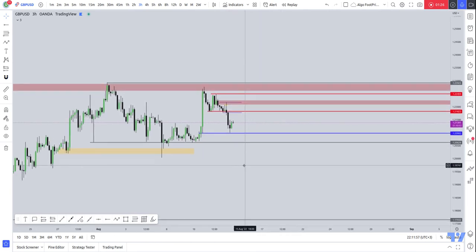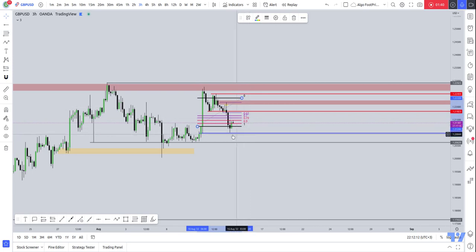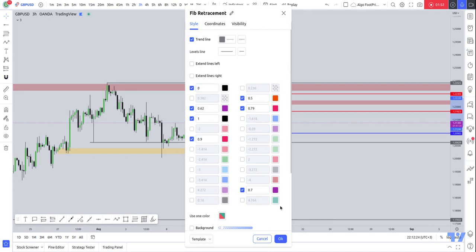On the 3 hour time frame, we see this imbalance right here, and if we measure this imbalance, as you can see, price was not able to come lower to fill this imbalance, not fully, because we didn't even come below. If I put back the 50% level,